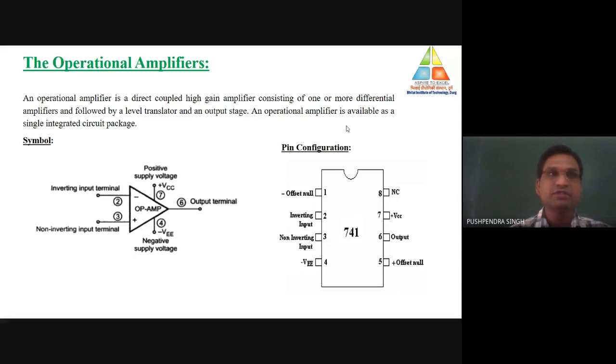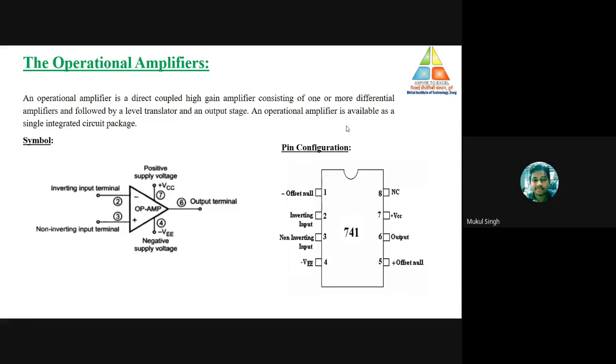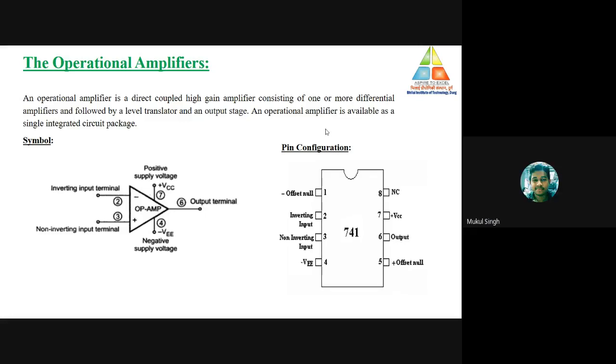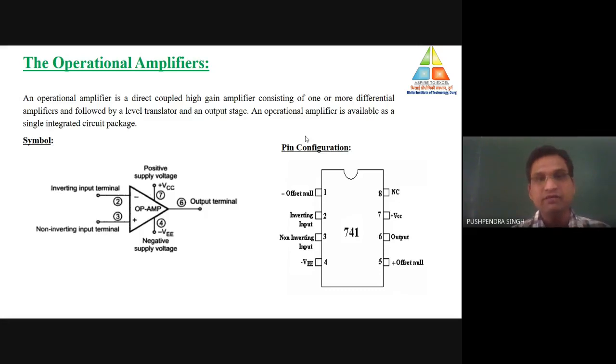And the first circuit was based on vacuum tubes. Now, between 1964 and 68, one researcher, Wilder, designed the first operational IC 741. That IC was designed with the help of BJT and FET. So the amplifier which we are using nowadays was designed by Robert J. Wilder, residing in Fairchild.